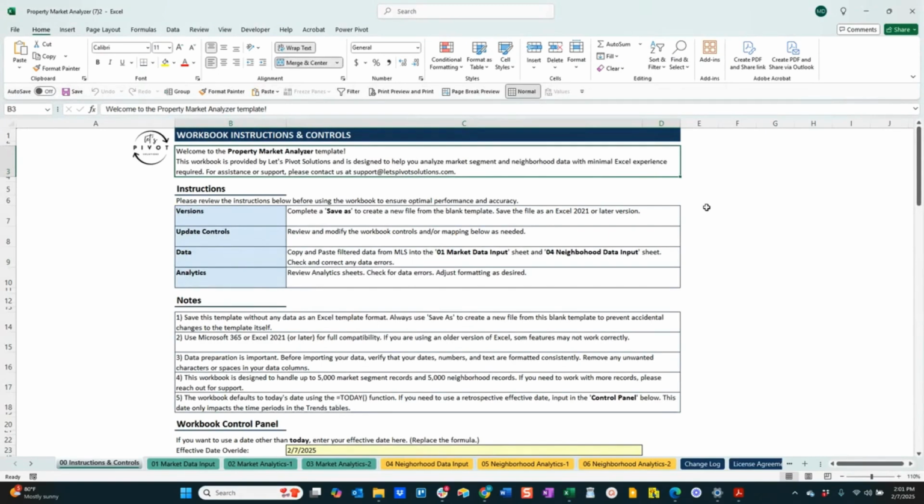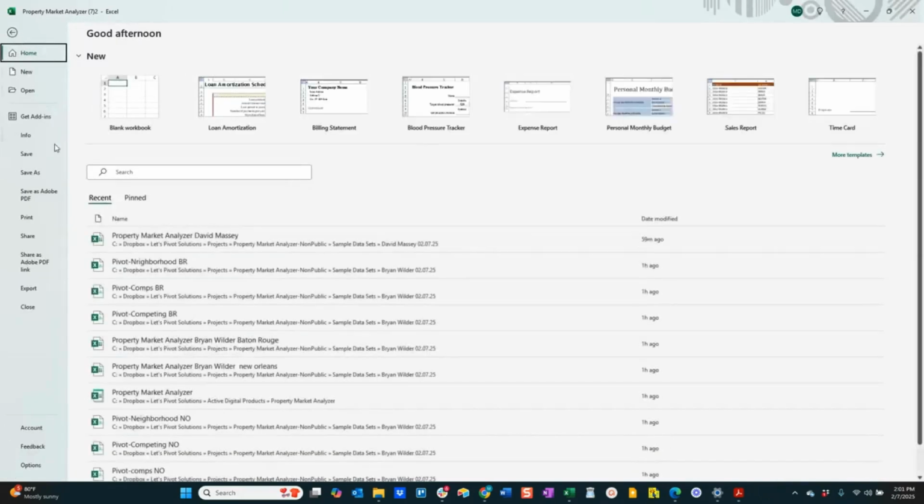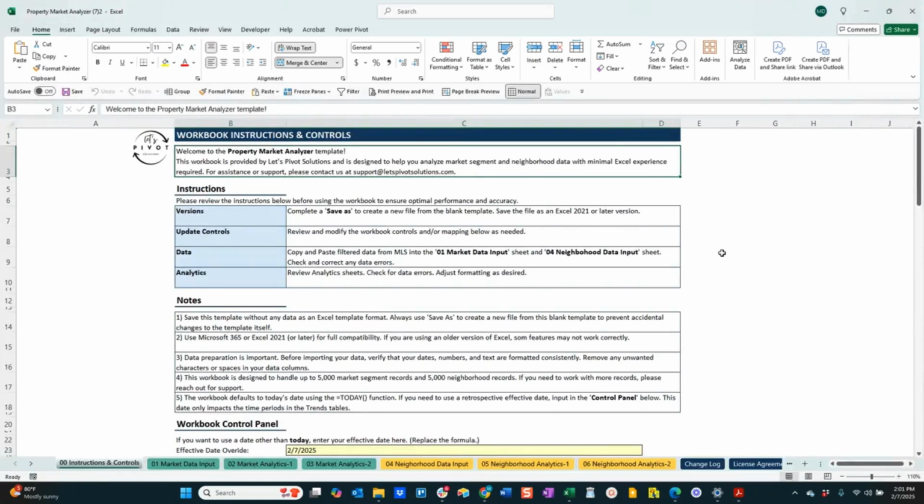What I recommend is, once you download it, go to File and do a Save As, and save a copy of this file to wherever you save your work file for the report that you're working on. I do recommend that you go in and pull a fresh copy of the template each time you work